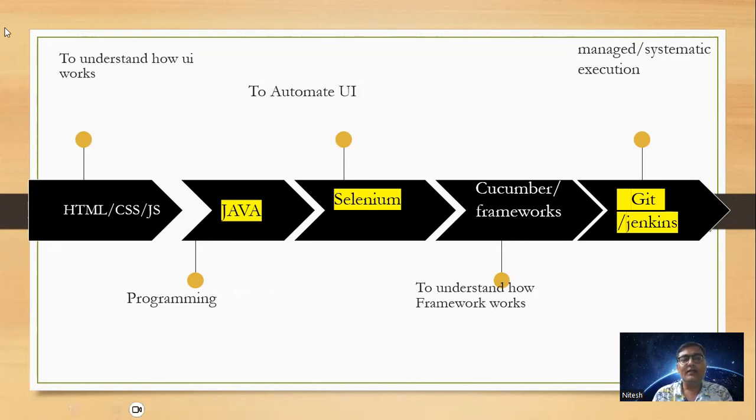Why is it required? To understand how UI works. If you want to become a UI automation engineer, you should know the technology behind it. The UI technologies are generally HTML, CSS, and JS. There are a lot of frameworks like React, Angular, Express, a lot of things, right? But basically it is HTML, CSS, and JavaScript. Basic knowledge of these things should be there. If you are underestimating this, maybe you're doing the wrong thing. HTML, CSS, and JavaScript are very important to learn.